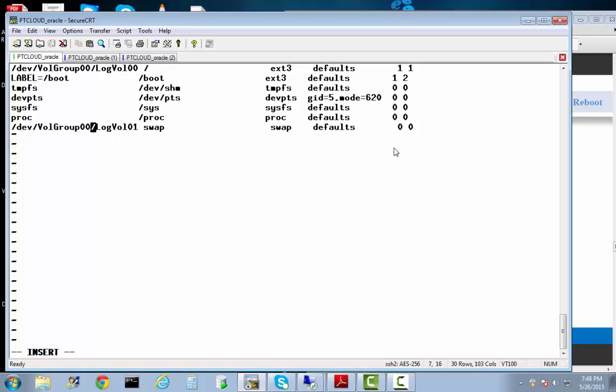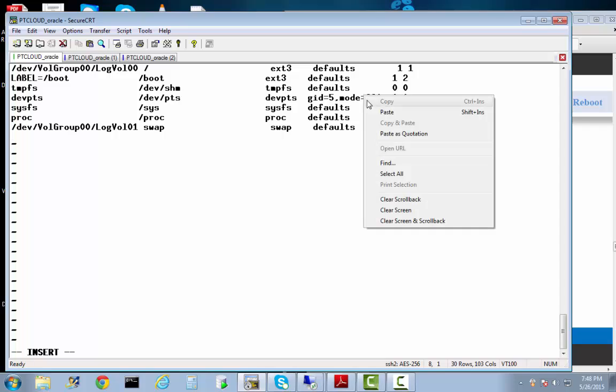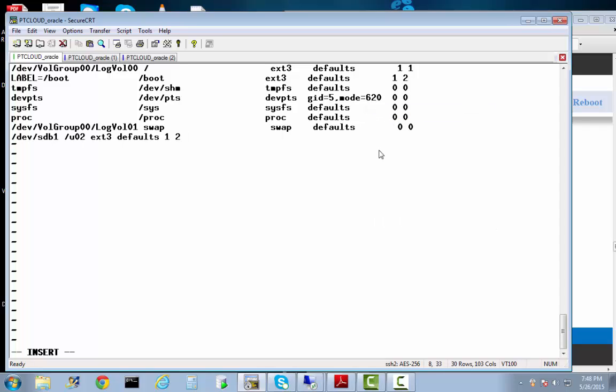But remember, in this class, we are basically almost doing what the sysadmin would have done. So all you need to do is put these values in this file to say that the SDB1 drive will be mounted on this /u02, and the file system is ext3, and these are the defaults,